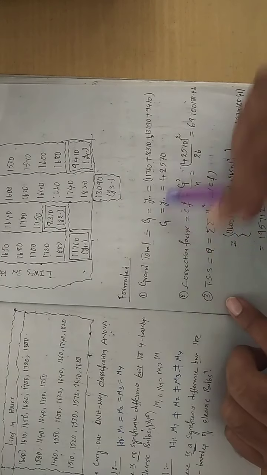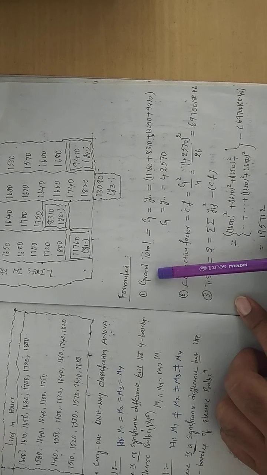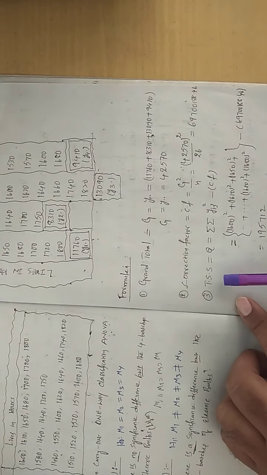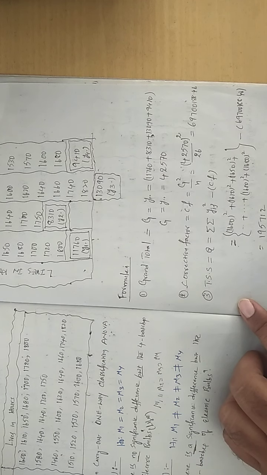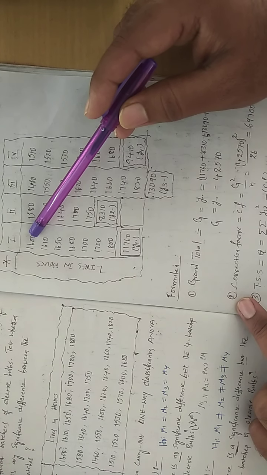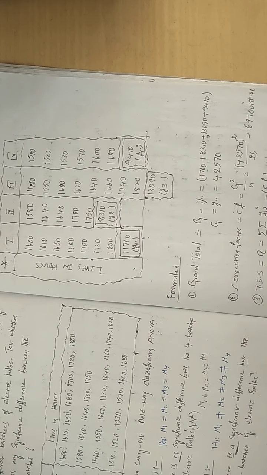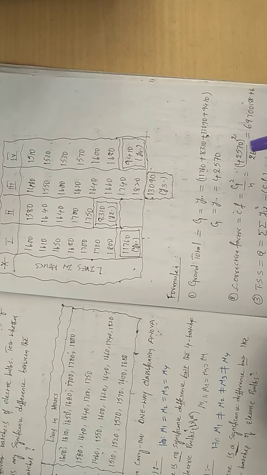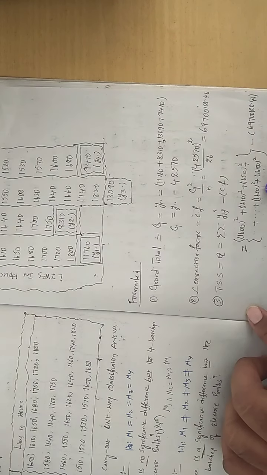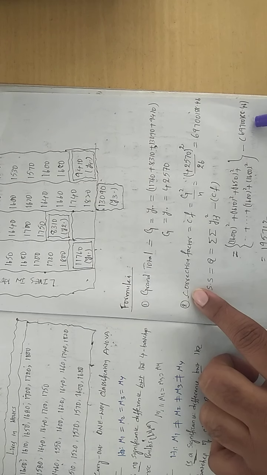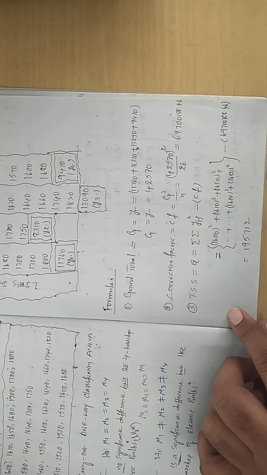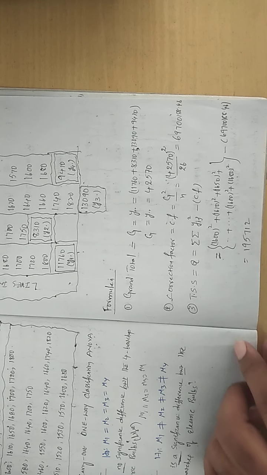Next, we were doing these very important calculations: grand total, correction factor, and total sum of squares. So how do we get total sum of squares? Every value we need to square and add, square and add, like that. How many values are there? 26 values are there. So 26 values squared and their sum you are going to calculate. From the total you need to subtract the correction factor and you get the Q. What to call Q? Total sum of squares.